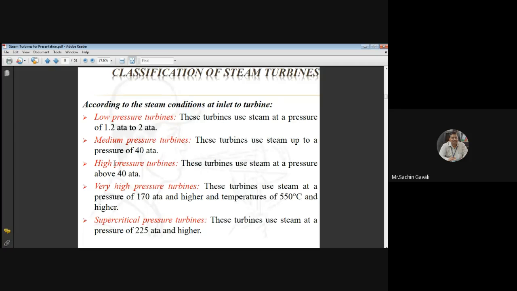Then according to pressure, low pressure turbines, medium pressure and high pressure turbines. So low pressure turbines are those having pressure of 1.2 atmosphere to 2 atmosphere. Medium pressure up to 40 atmosphere and high pressure turbines more than 40 atmosphere. And very high pressure turbines have pressure of more than 170 atmosphere, and supercritical turbines have pressure of 225 atmosphere and higher. Okay,